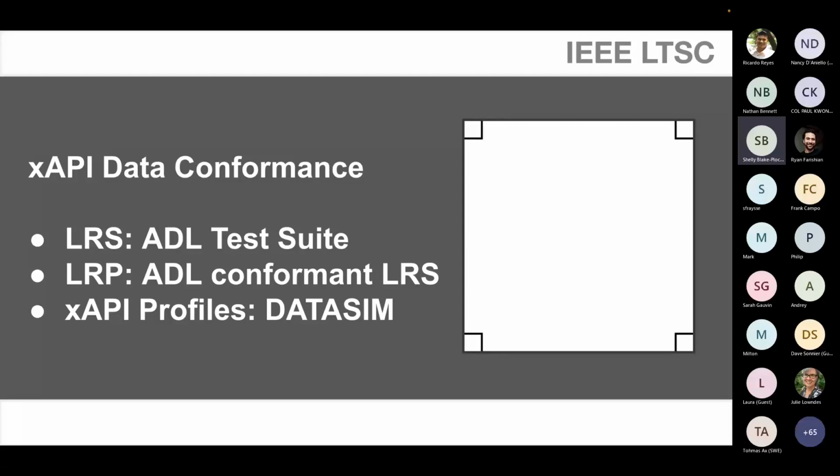This ensures conformance. An LRP, or a learning record provider, will provide data that can be validated and accepted by an ADL conformant LRS. So we ensure the data conformance of learning record providers by their ability to pass that information into conformant learning record stores. And then for xAPI profiles, currently,